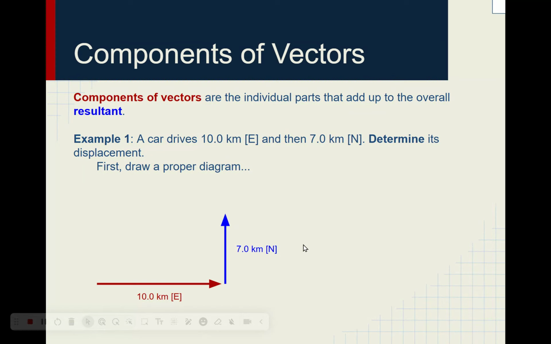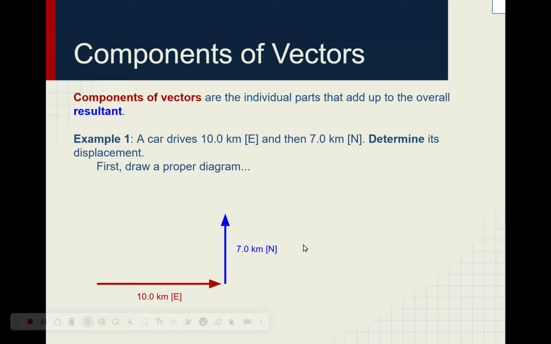Then I add my second vector touching head to tail of the part driving 7 kilometers north. And notice a few things. First of all, this should look almost like we're looking at some route on Google Maps. We're floating in the air looking down on this, and we see the route being drawn out first east and then north. And it really does need to look like that idea of Pac-Man following the arrows. There's only one pathway that he can follow on here, chomp, chomp, chomp, to be able to get from the